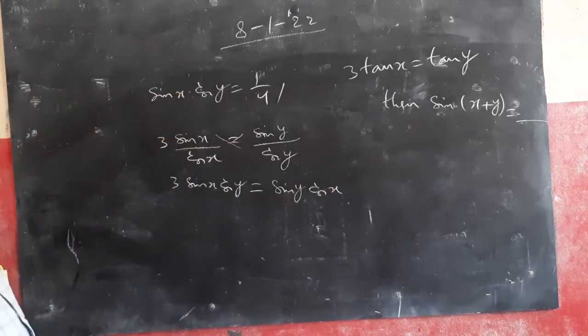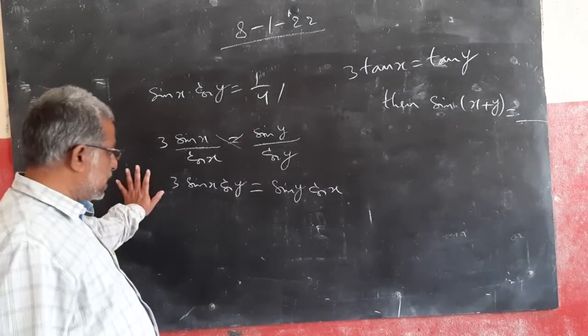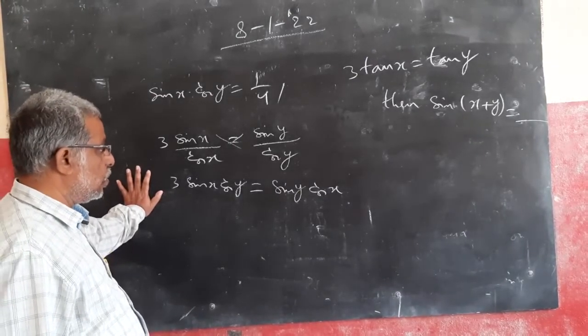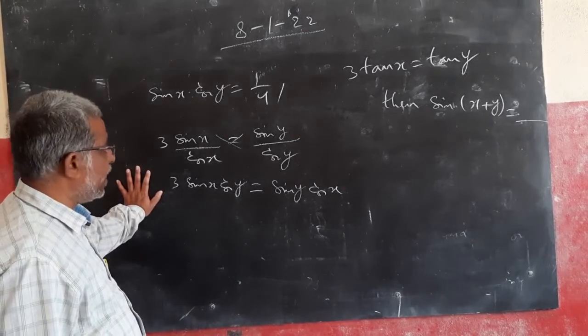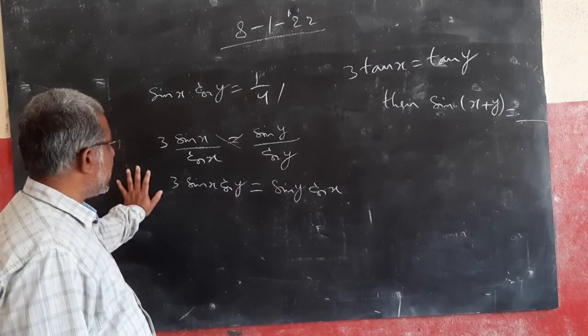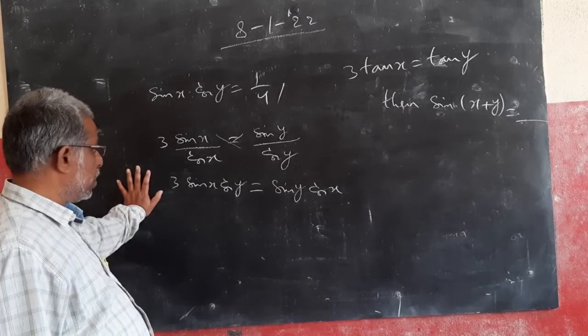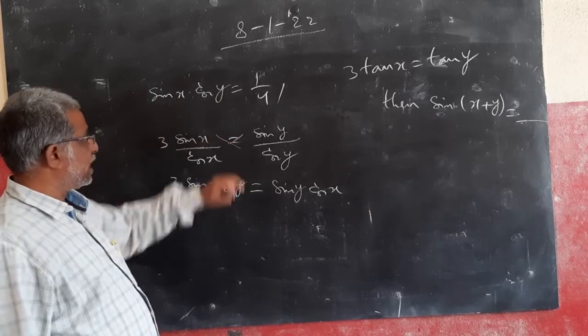So from here I will get 3 sin x cos y equal to sin y cos x, and if I cross multiply here, I will get